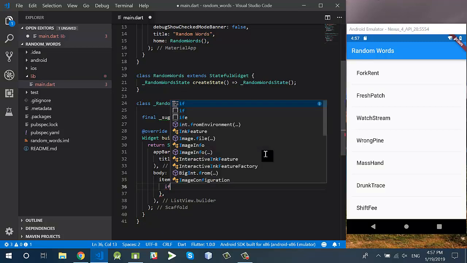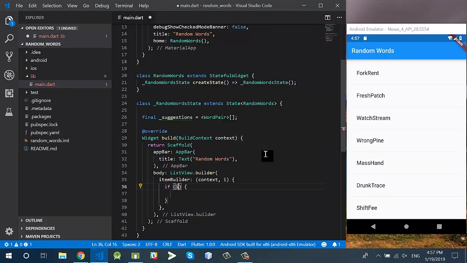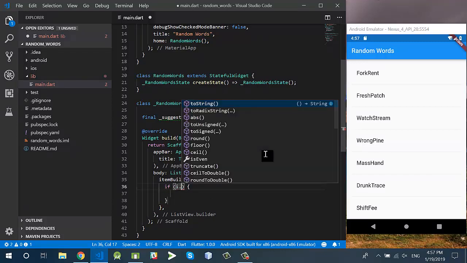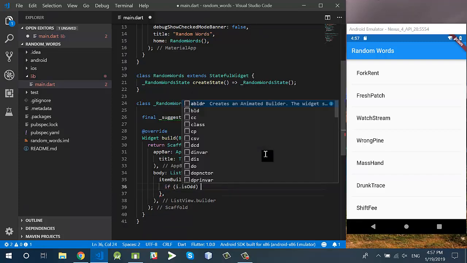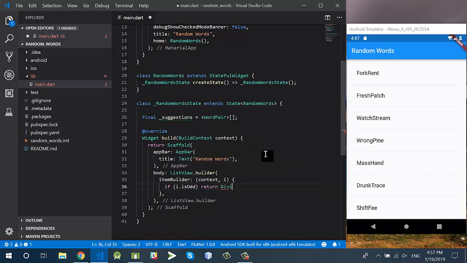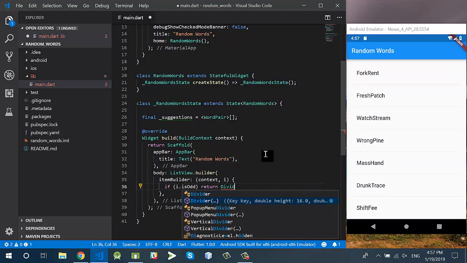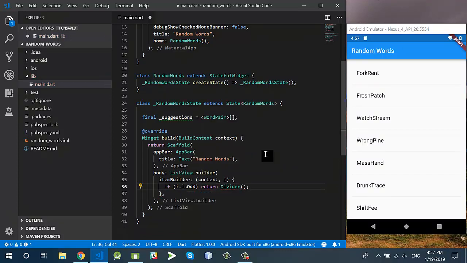Let's say if i dot is odd, then return divider. Divider is actually the line break between these two items. Else